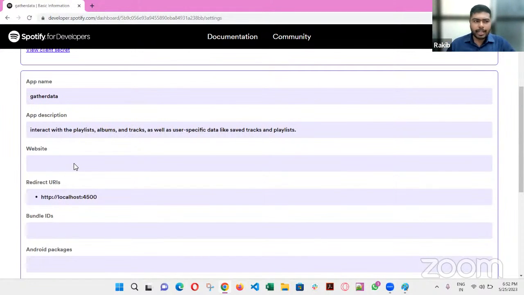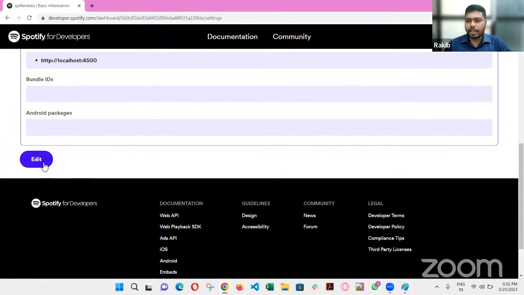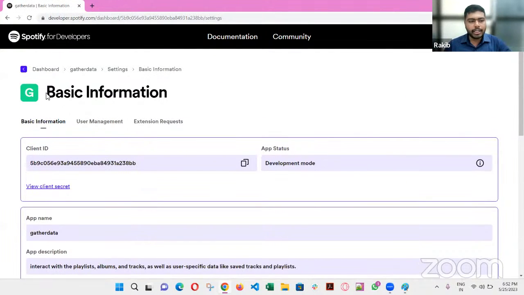You can provide a website, but it is not mandatory. The redirect URI is required. So you have to write http://localhost, and don't give 4500. Give anything else. Okay. So once you've done it, you have to click save over here, and it will create